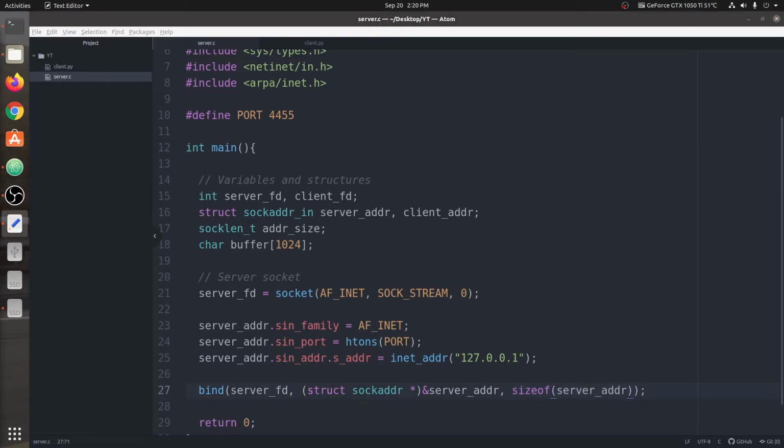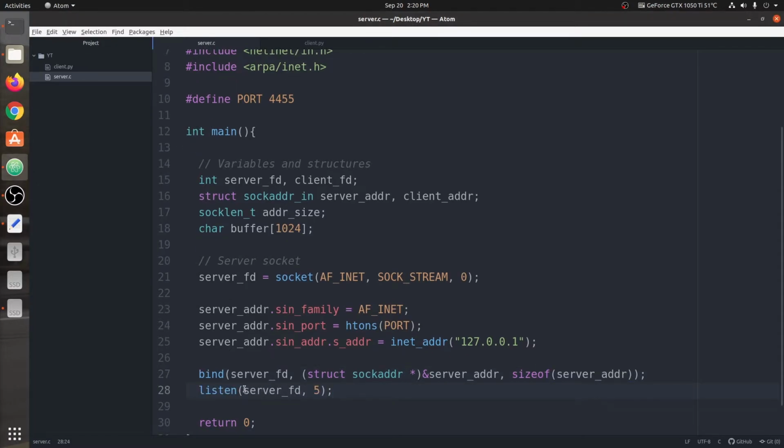Now that the bind function is done, we're going to listen for the client. This listen function takes the server file descriptor and the number of clients it wants to listen to at once. So 5 basically means that if one client is connected, then the rest of the 5 would wait in the queue. When the first disconnects, the next would connect. So it's a kind of backlog.